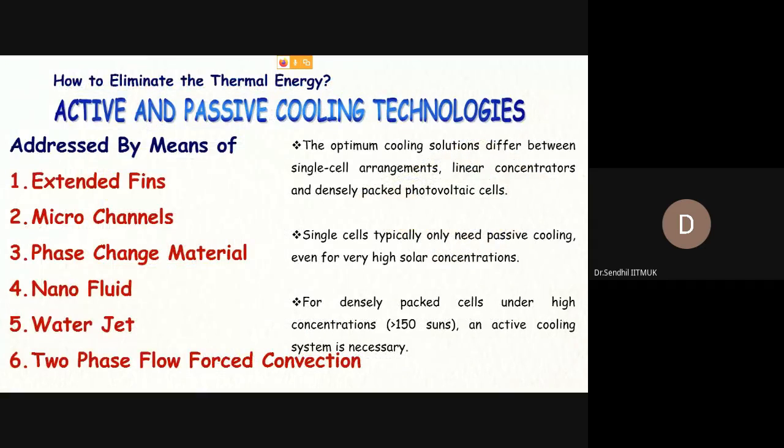And then what are the ways to address this issue? We can use extended fins, micro channels, phase change material, nanofluid, water jet, and two-phase flow, that is two-phase forced convection. These are the ways to address the thermal energy, how to eliminate the thermal energy of the solar module. So if you are using a single cell, no problem, we can use fins actually. If you are using